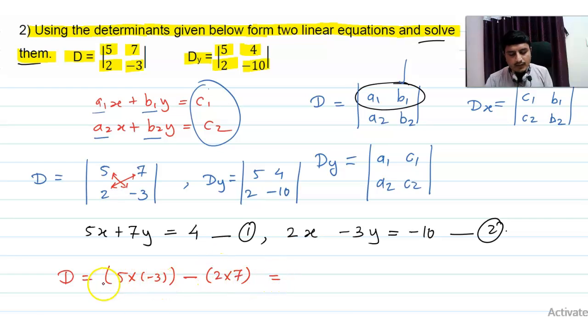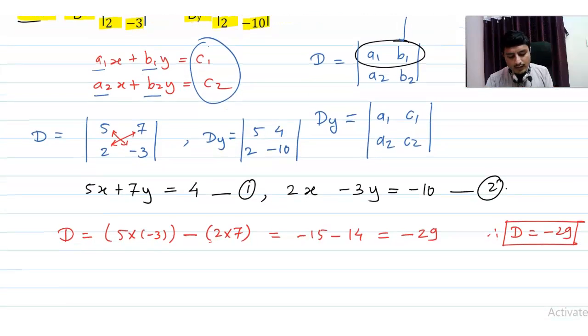So 5 3s are 15, plus minus we have a minus of 15, while minus of 7 2s are we have a 14. So minus of 15 minus of 14 we are getting minus of 29. So the value of D I am writing at last, that is equal to minus of 29. Now to evaluate the value of Dx, the determinant of elements, we have to replace now the coefficients